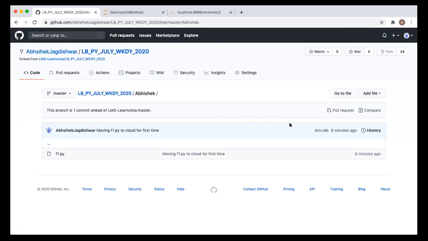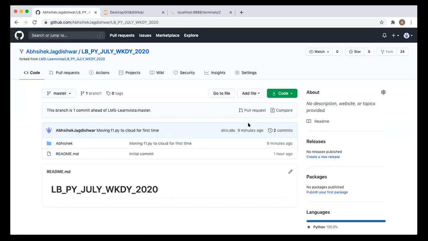Okay, now probably you might be seeing this pull request. After going to the Abhishek folder, are you able to see this pull request? Or you can go here in the repository also. Here you can see the pull request in the main repository. Everyone, anyone who is not able to see this pull request, please confirm. Sometimes it doesn't show.